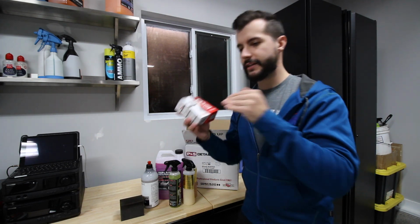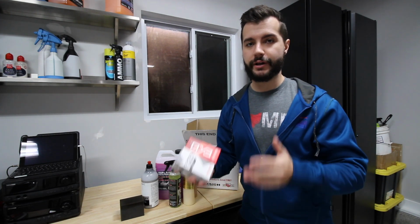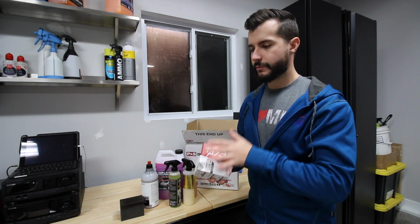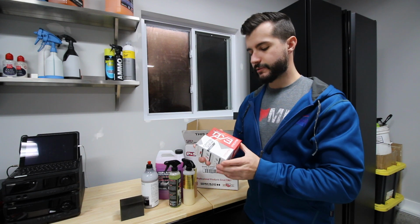You have to look at the light and the color and all this stuff and let it flash, and don't buff too early, too late. This stuff is pretty much wipe on, wipe off. It's a little more advanced than a wheel cleaner, obviously, because you have to prep the car and all that. But if you are going to pick a ceramic coating, I would definitely recommend this, especially